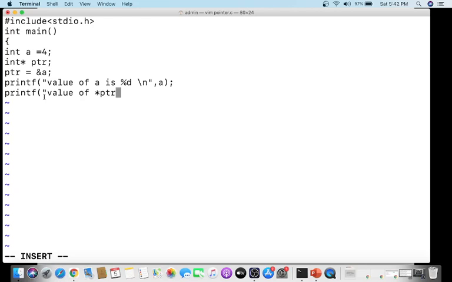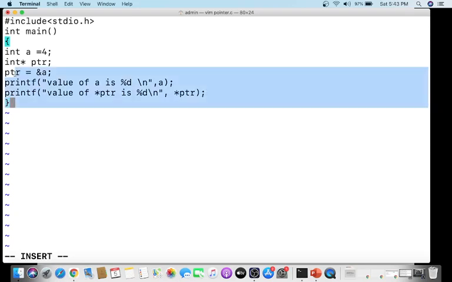I just want to print the value in ptr. So ptr is actually an address location. If I want to get the value, value of star ptr is percentage d. Okay, I'll give slash n, and I'm going to print ptr. So if I want to print the value in ptr, I can use this star ptr. So that is the use of the star operator. ptr is actually an address location, and if I want to print the value in that ptr,